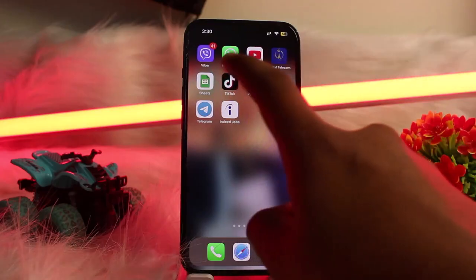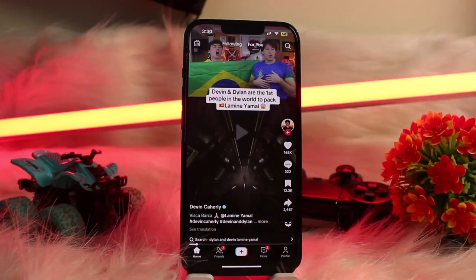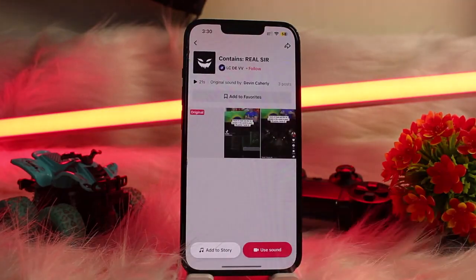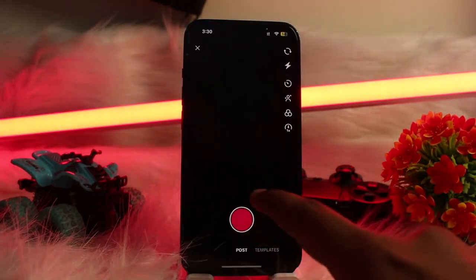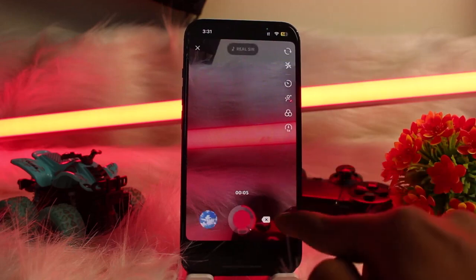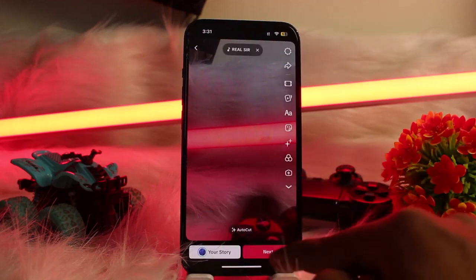To do so, open TikTok on a device and click on the plus icon at the very center of the screen, or if you are using any other sound, then click on the option of use sound. Simply click on the option of use sound and record the video if you want to do a video of your own. After that, click on the tick icon and click on the option of next,